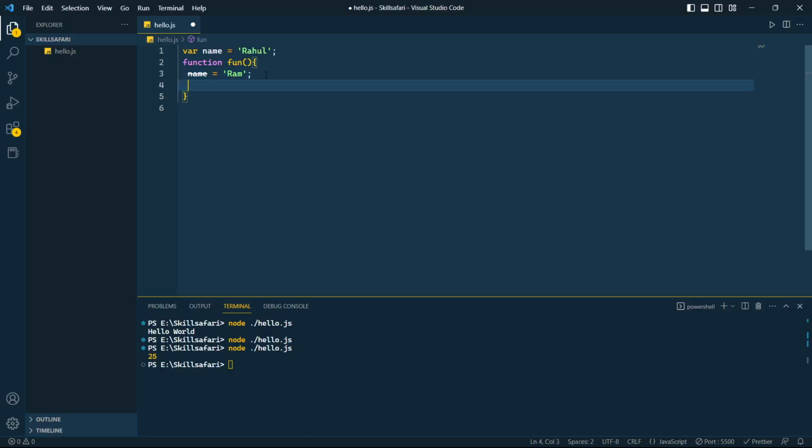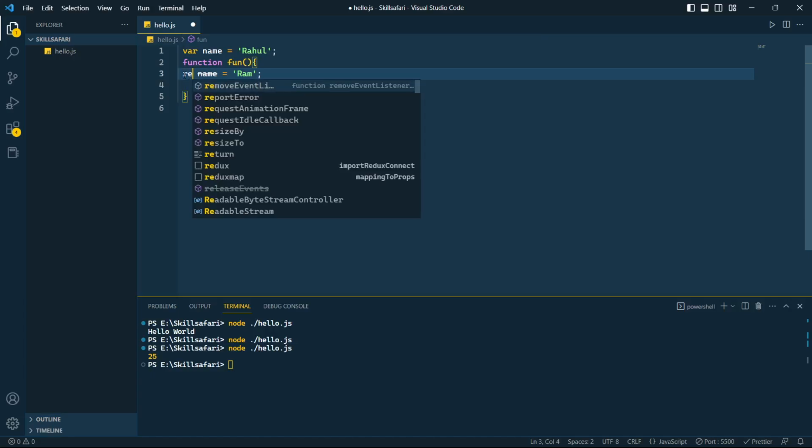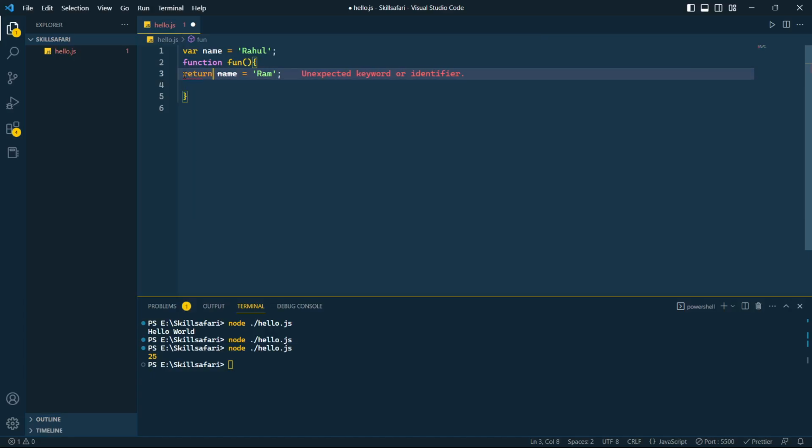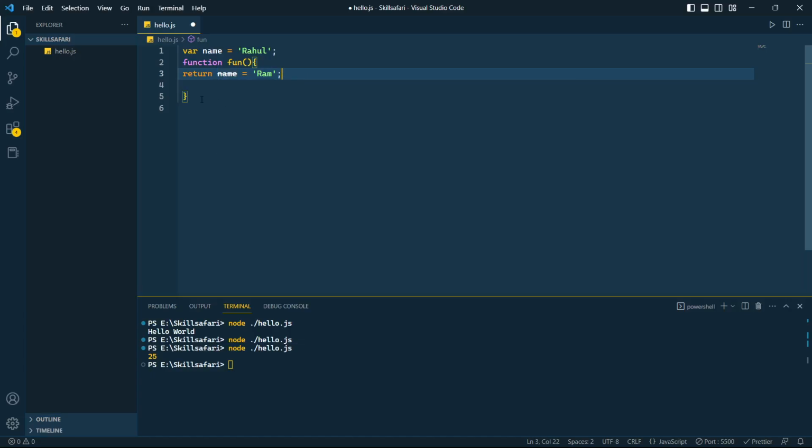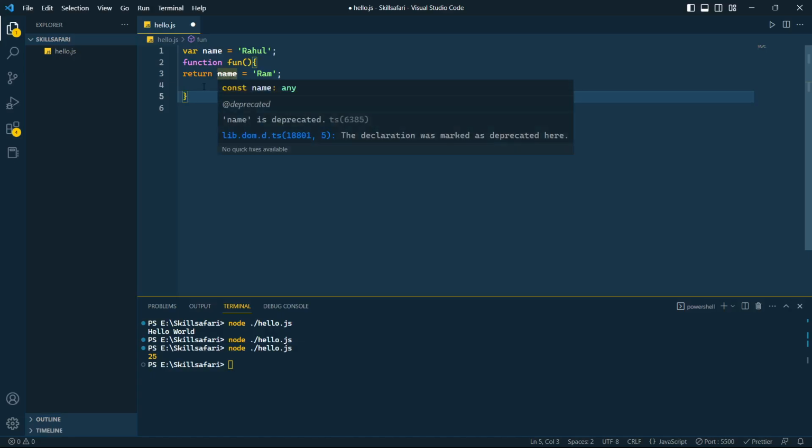And I'm returning the name. Okay, this variable name is deprecated. It means we are not allowed to use a variable name like name.